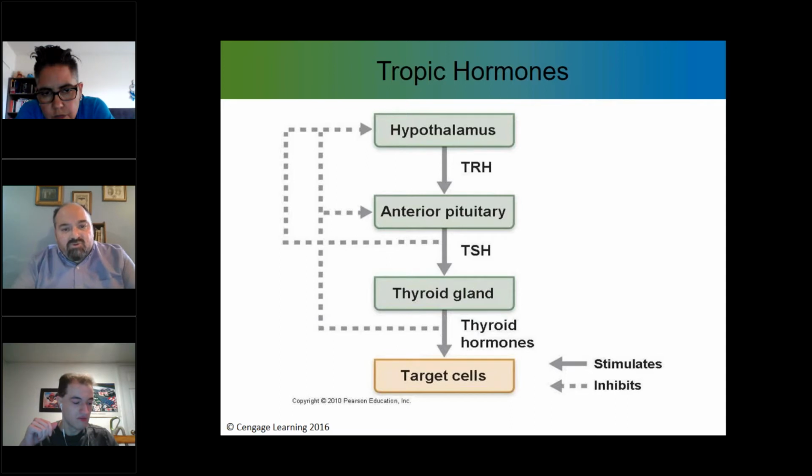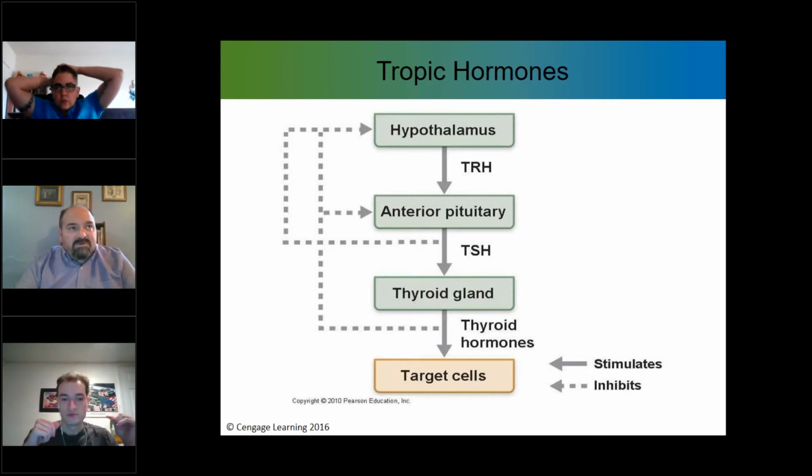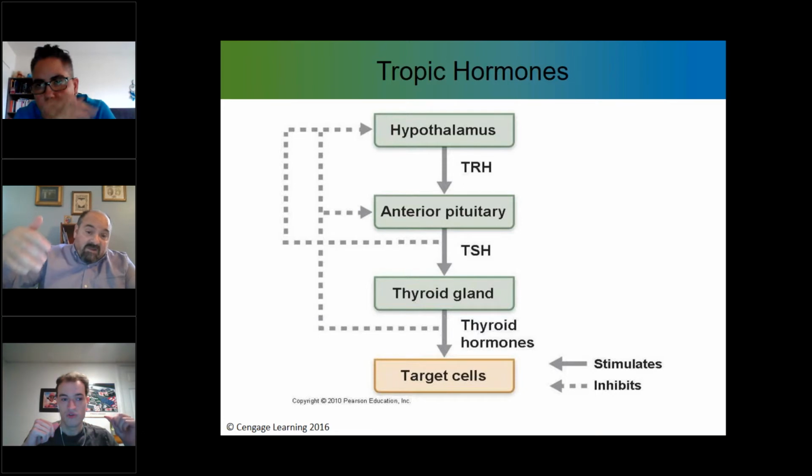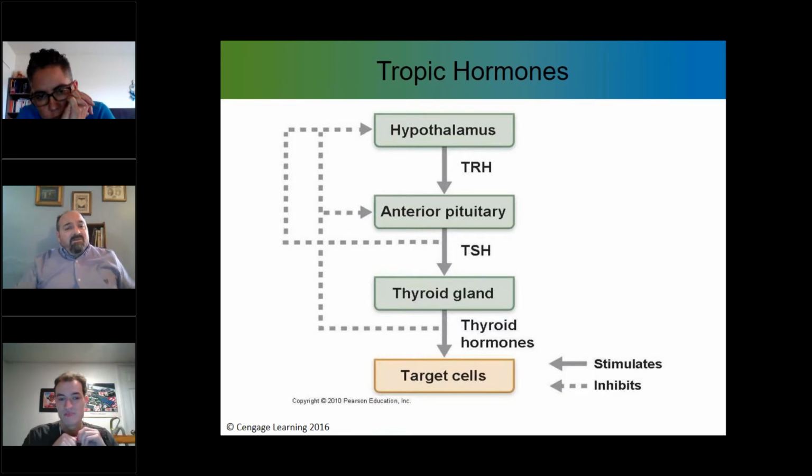Now, this term tropic hormone, right? What it means is that it's a hormone that will cause another gland in the endocrine system to release another hormone, which will in turn affect another gland, causing the release of yet another hormone. And so understand this, that we have the hypothalamus, the anterior pituitary, and the thyroid gland all being involved in release of thyroid hormone, okay, which is a major metabolic hormone,